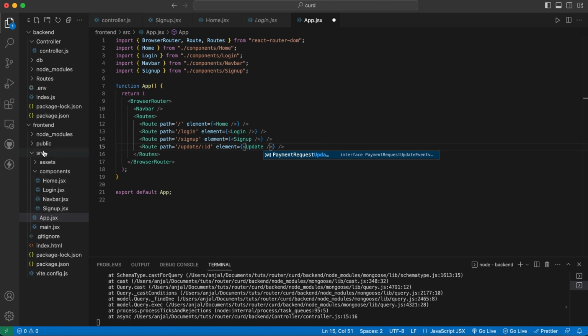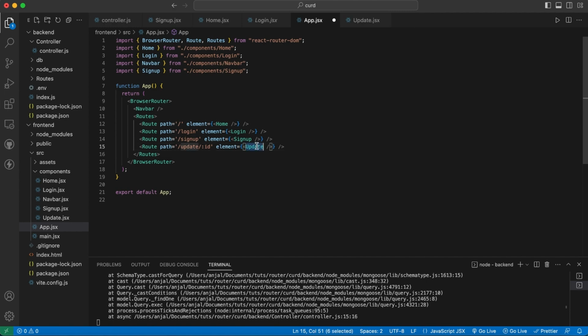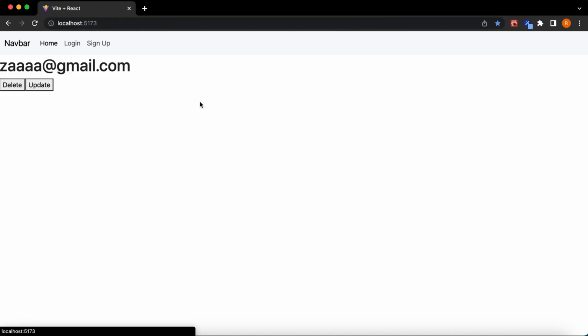Okay, we have not created that component yet, so go create that component. Okay, update, perfect. That is going, and the ID is also passed there. So now again,